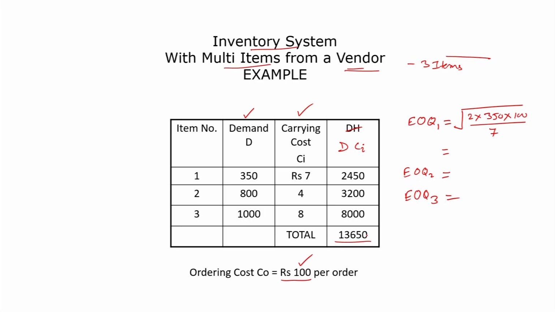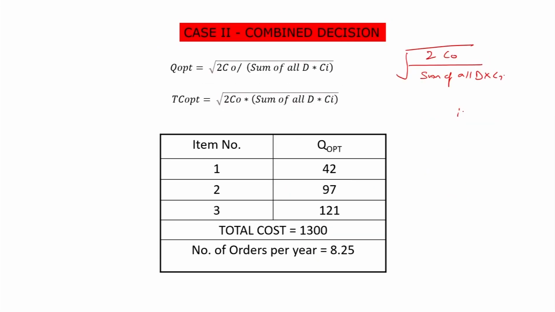This sum is 13,650, and 2 into ordering cost is 100, and then you have to multiply 2 into C_O divided by this. So, that will give you the optimal quantity of item 1, and based on this we can calculate the total cost also, and this total cost turns out to be